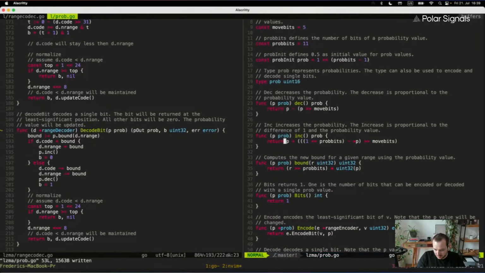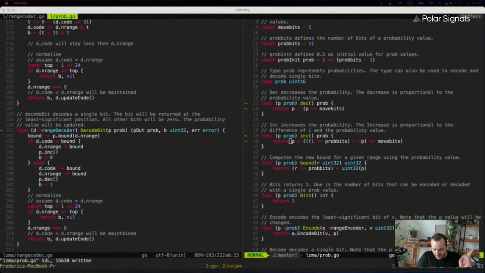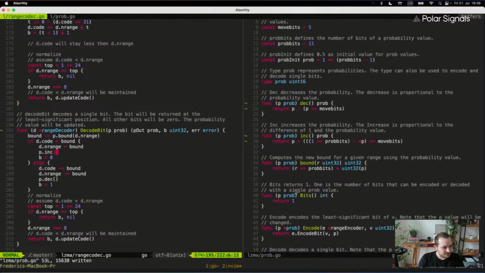Matthias is saying pprof always does weird things when opening. Yeah, it's one of those things. We are working on getting all of this into pprof.me and Polar Signals as well, so that we no longer have to do any of this. Anyway,